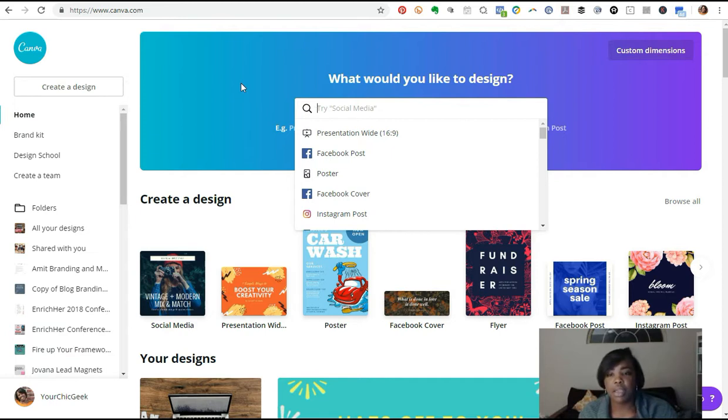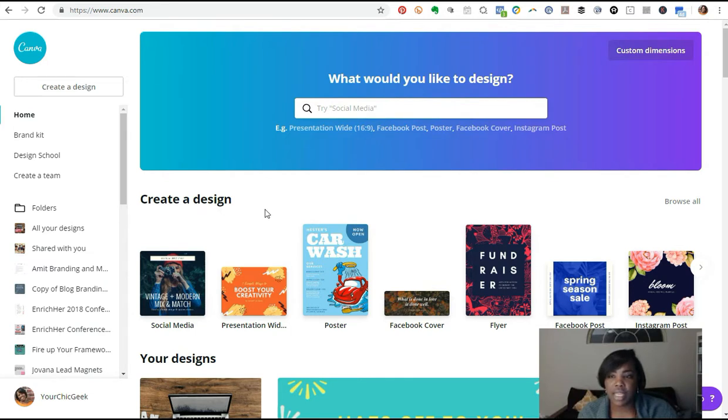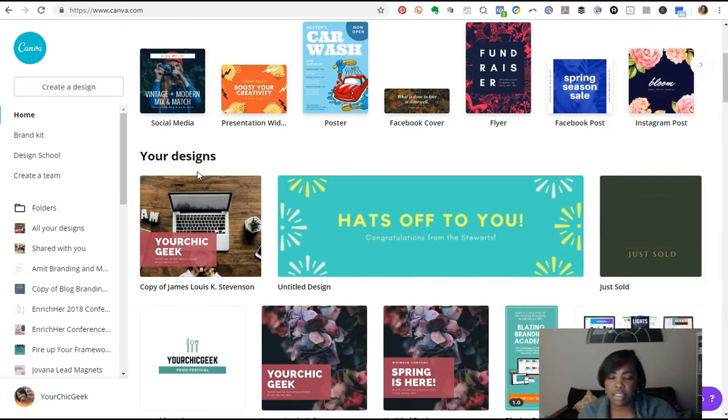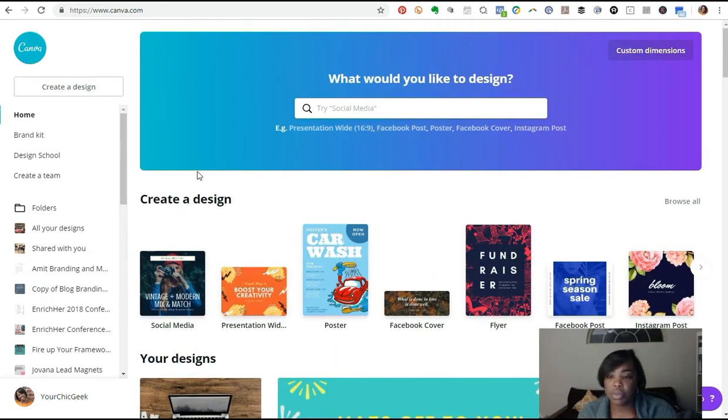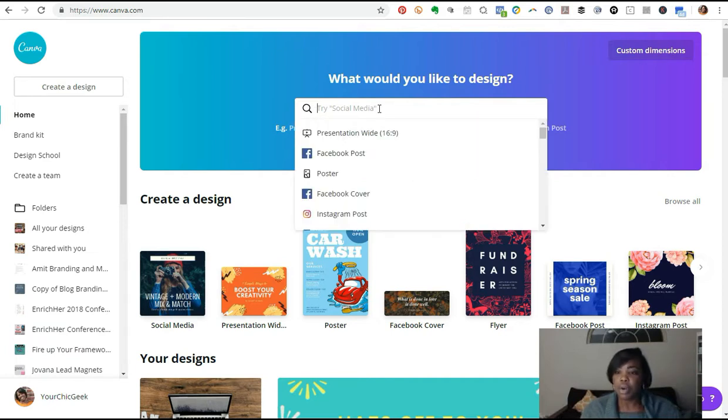It used to be that when you logged into Canva, you essentially just had a couple of sections. You had a section for create a design, and then you had a section down here for your designs to see everything that you've created. Now with Canva 2.0, they've added this really nice search feature at the top of your Canva workspace. For example, if you wanted to pull up a Facebook post template, to design a graphic for your Facebook page, what you would do in this search bar right here is just type in Facebook,